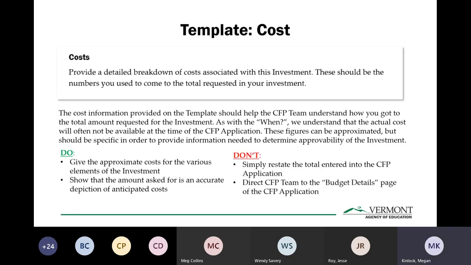What you don't want to do is simply restate that total that you entered into the CFP application. So if you asked for $5,000 through the investment, we don't want to see $5,000 listed and that's the only thing given for this cost section. And do not direct us back to the budget details page. This is where you are giving us a little bit more information than even the budget details page might be